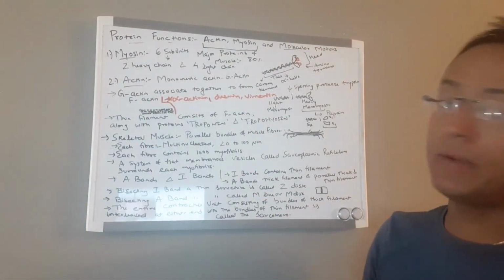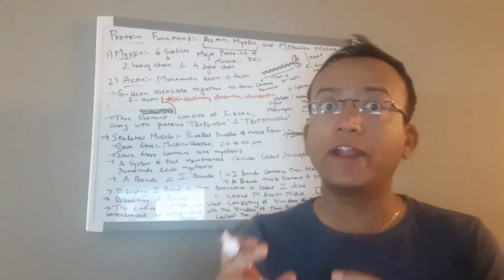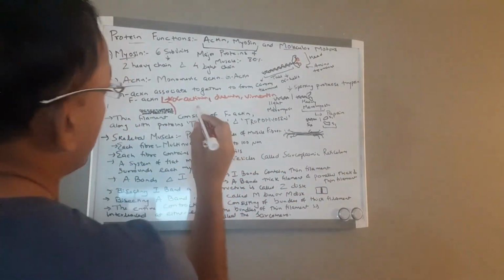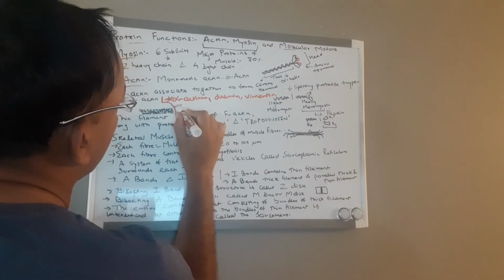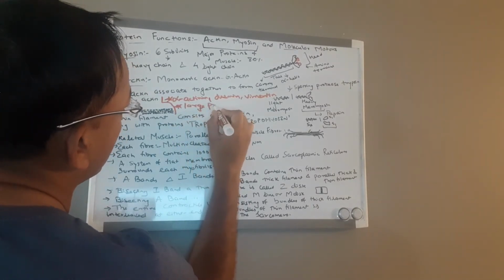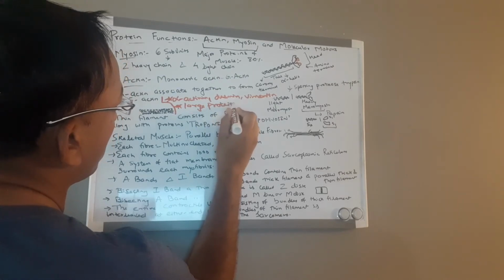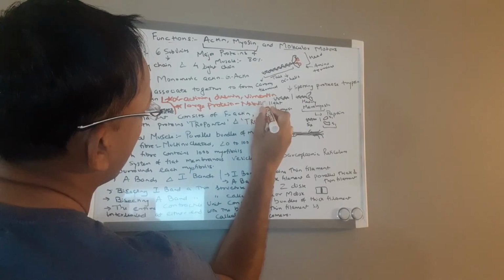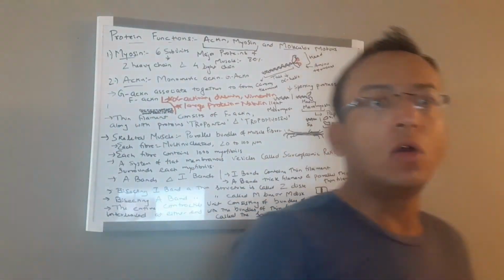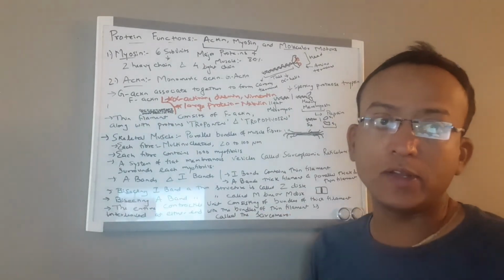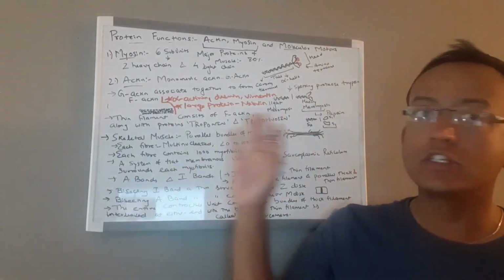Thin filaments also contain a large protein, while these are the small proteins. The large protein is called nebulin. The nebulin structure is almost 7,000 amino acid residues, and this is thought to be